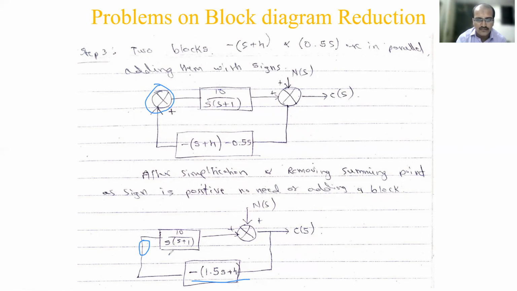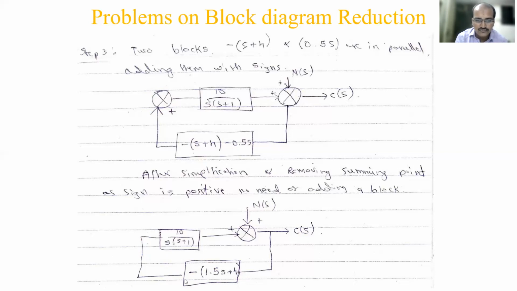So now these two blocks are in series. This problem is completely different compared to the previously solved problems, right? We are just applying the block reduction rules and going on as it proceeds. We don't know what the final step is, but we are seeing series, we are seeing parallel, doing something, and we are getting the answers.